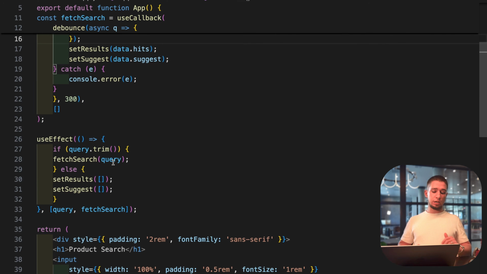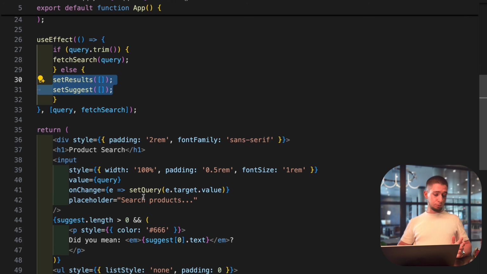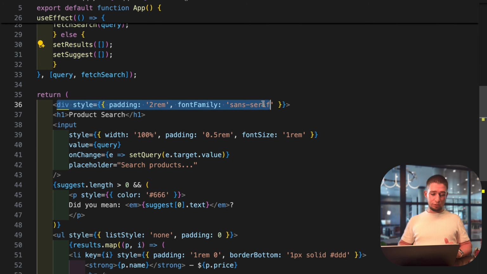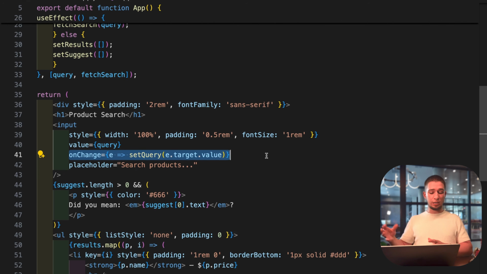useEffect. So whenever it takes the information, if the query string is empty, and if we have something there, we're retrieving that, we're making the search. Otherwise, we're just cleaning our results and our suggestions. Pretty easy. And here we have our div with h1, input with some style. So the value that we're taking from our request, you can see here, and which function will run while we're changing our letters.